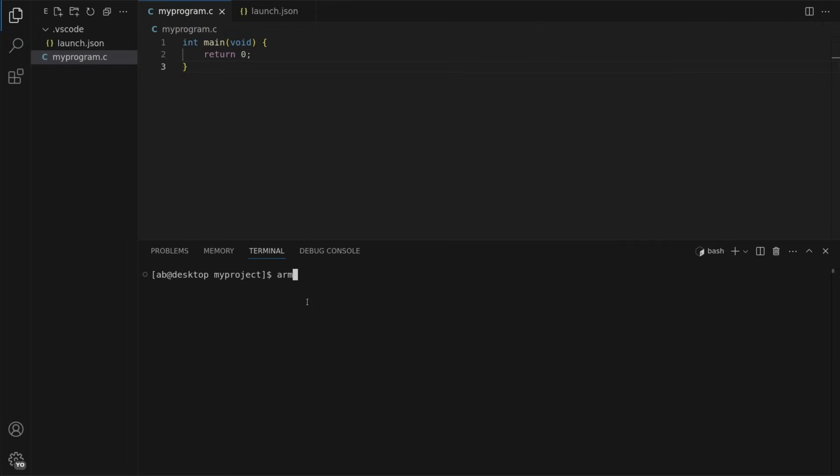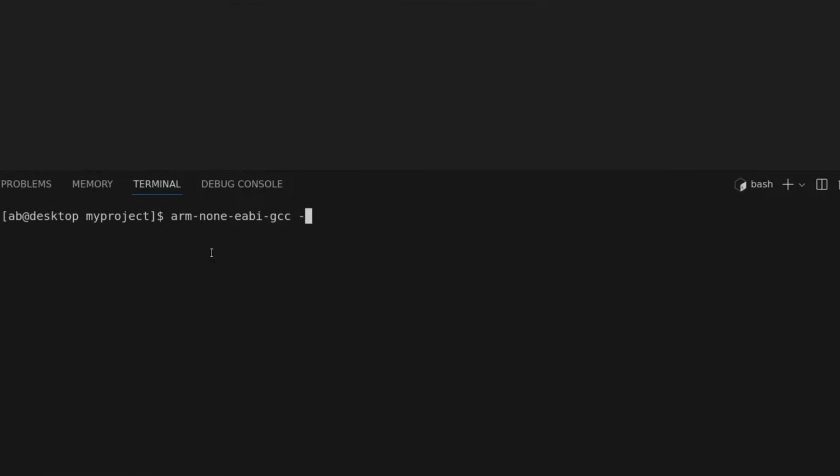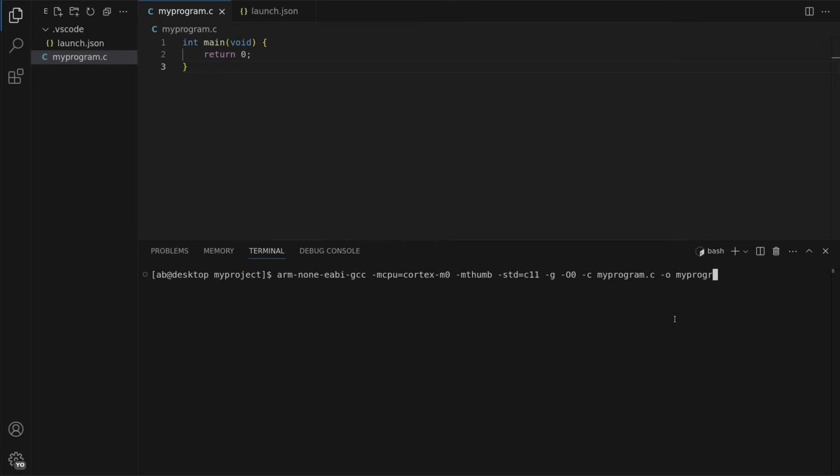Then to compile it, we can run GCC with a couple of flags. First the target CPU, Cortex M0, then indicate thumb instruction mode, what C standard to use, enable debug symbols and disable optimization, and add -c to just compile. That's it. There are some other flags we normally want to use as well, but let's keep it simple for